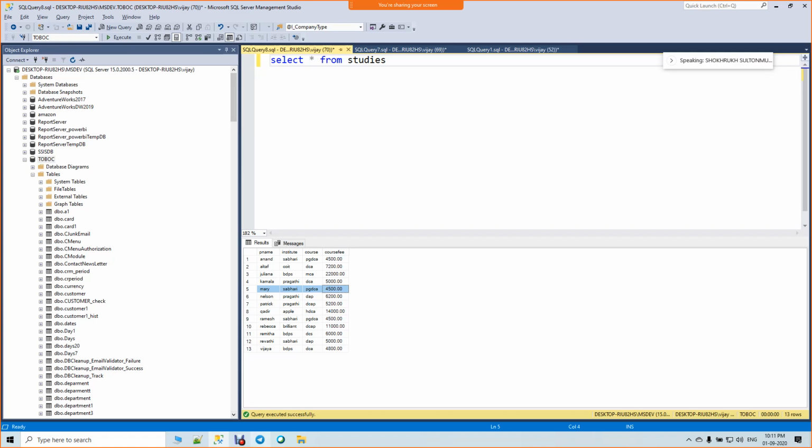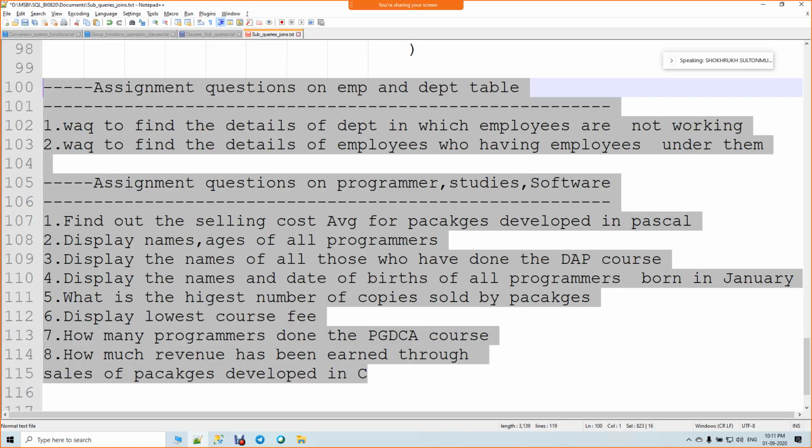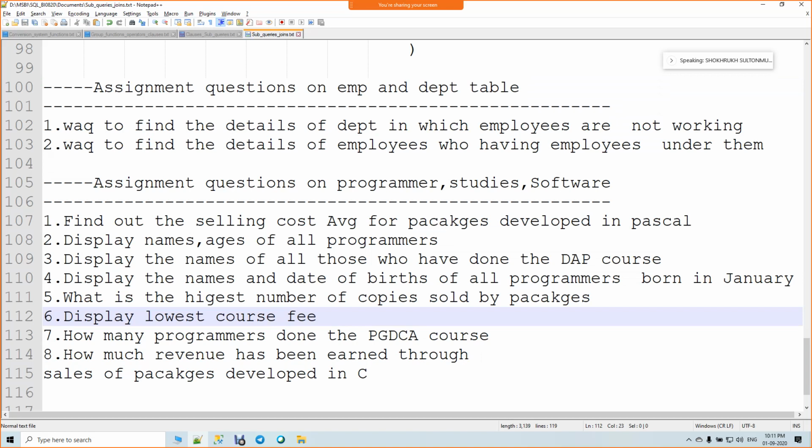And over here, in the second question, find who has employees under them. I got the question, but I didn't get the logic because over here we can see who is the president. Under the president, everyone works.